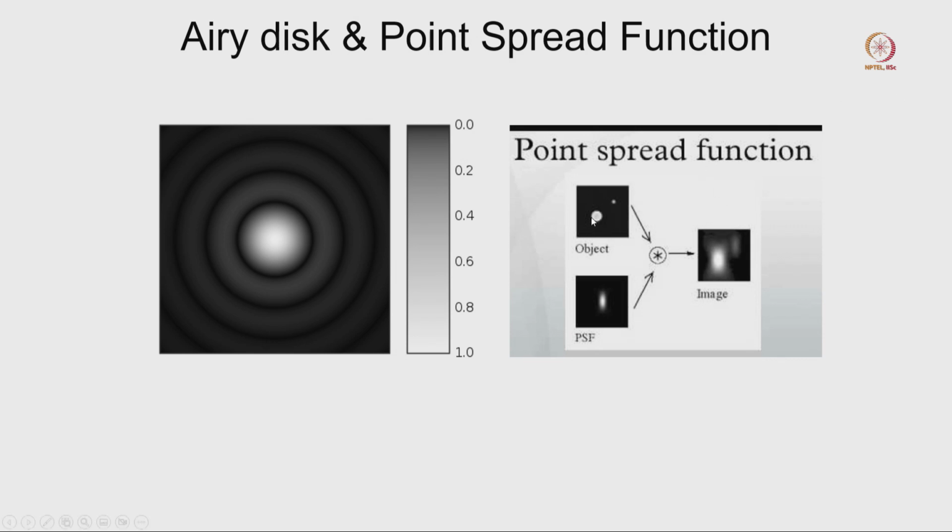We have a very bright spot here. This is my object, and this is the blurring effect. The blurring effect is convolved with the object, and it gives us an image like that. Any image will appear like that: the center part will be very bright, and then there will be a couple of fringe bands. This is called the first maxima, second maxima. Here this is the first minima, second minima, third minima, like that.